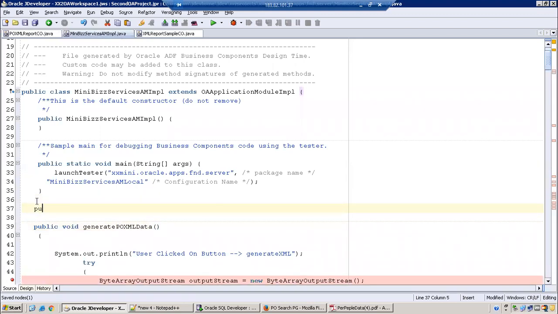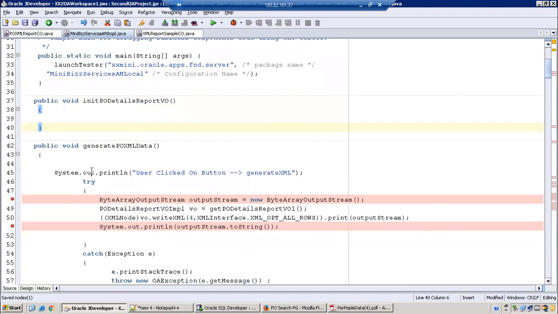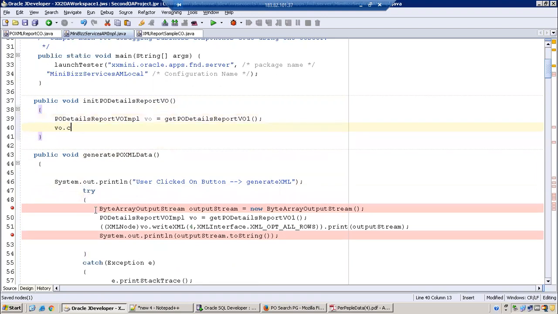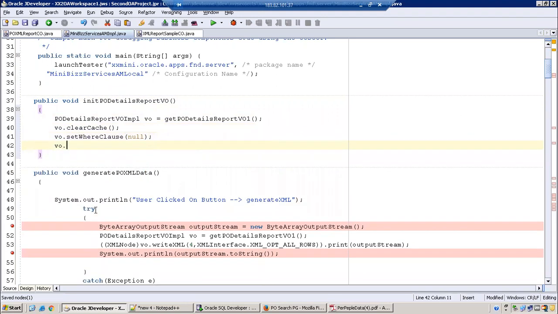So let me write an initialization method, void init Vivo details. We'll simply call this in process request.